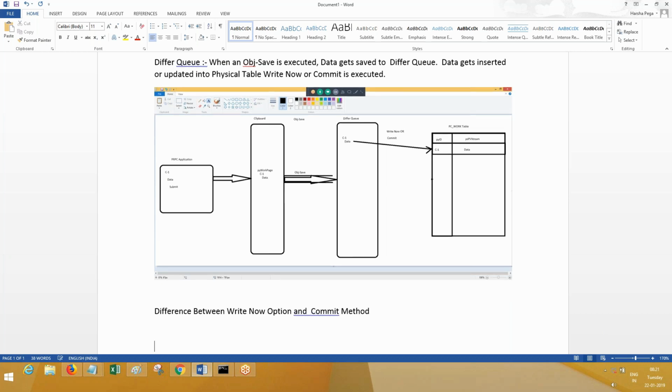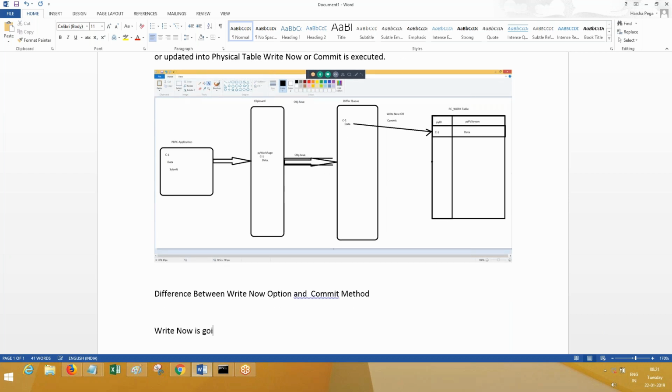I have one question here. Yeah, my question is, in case of all OBJ saves, whatever has to be saved is going to the defer queue.